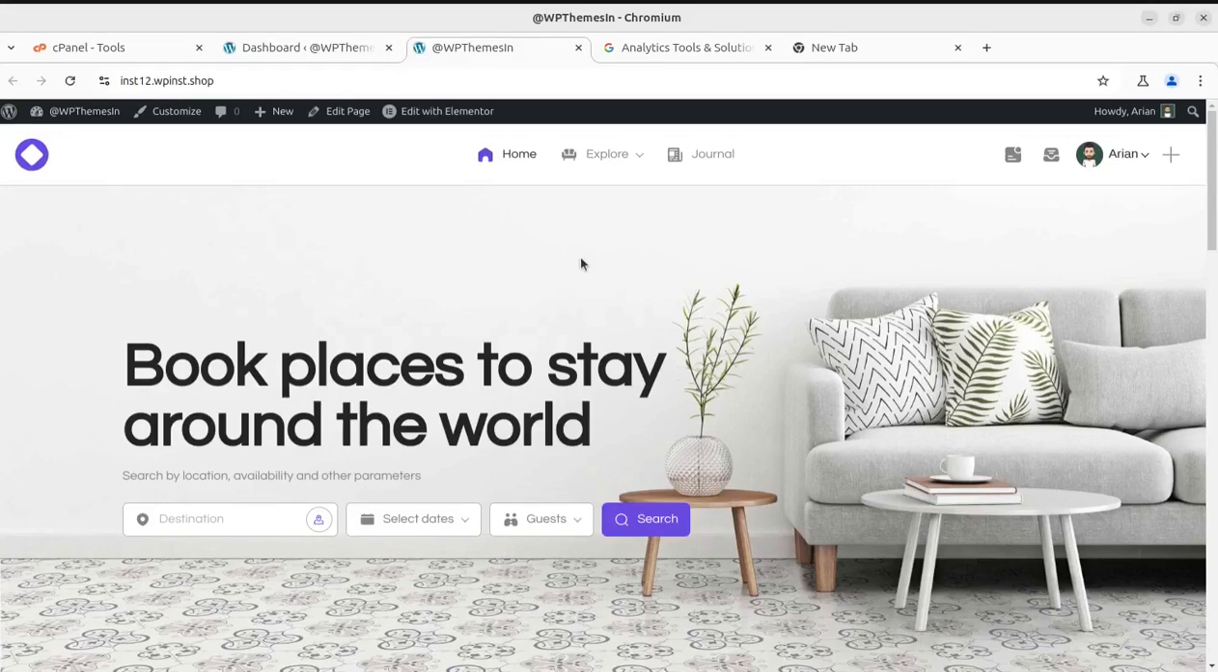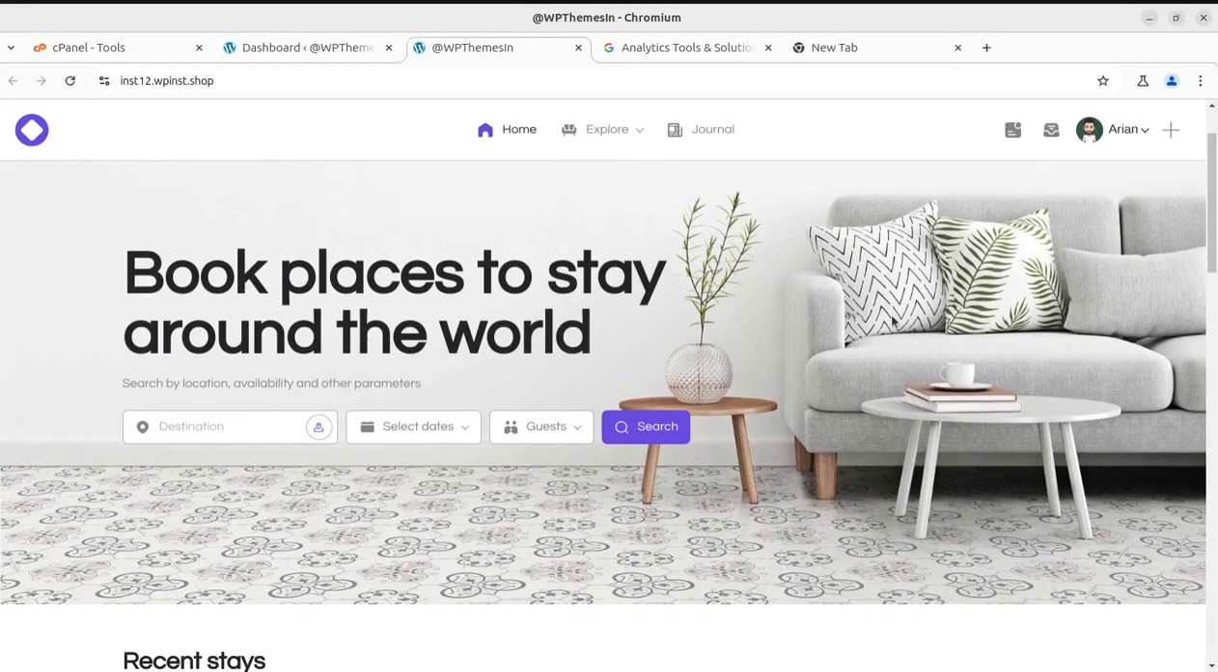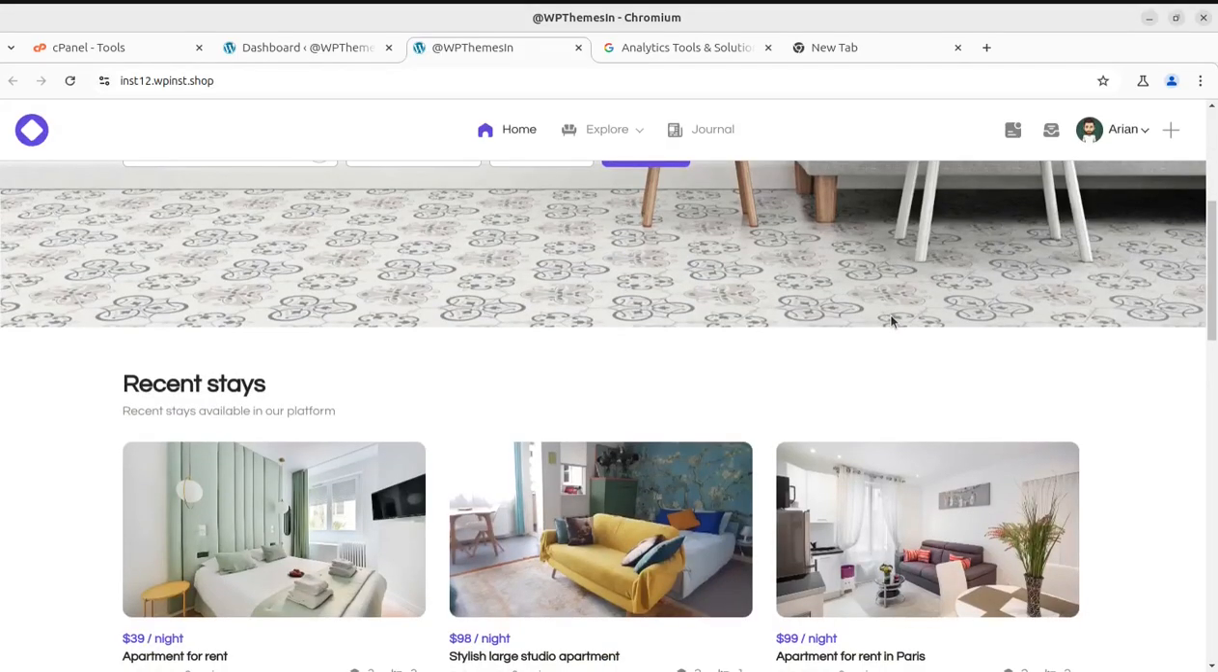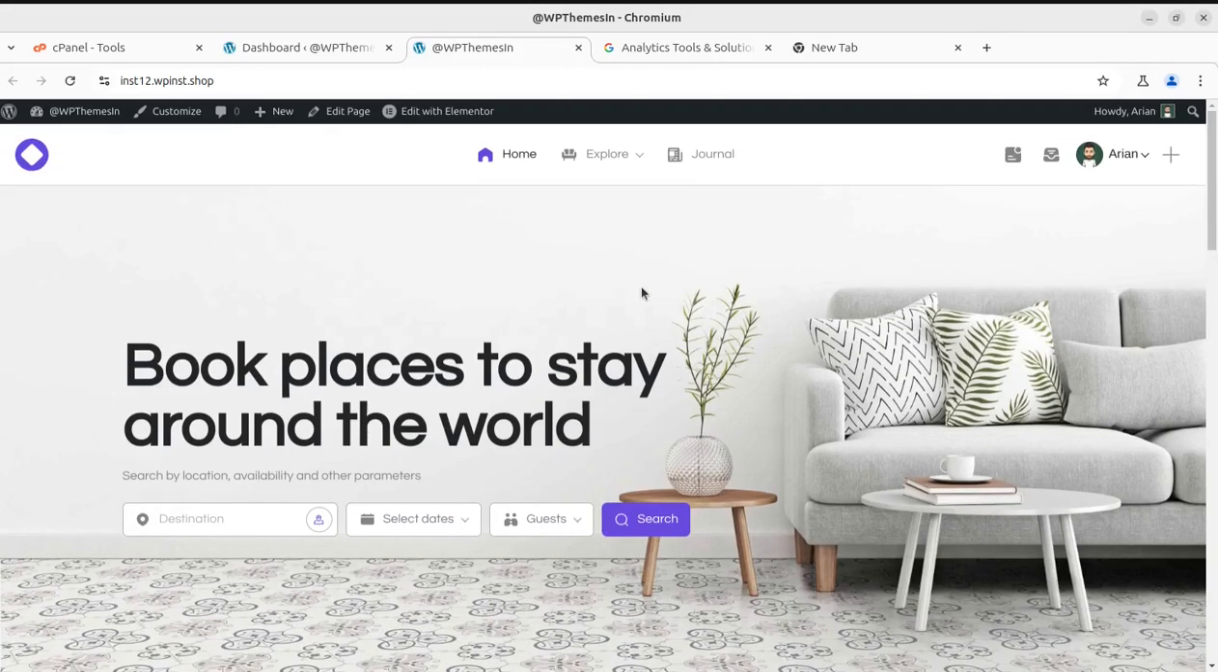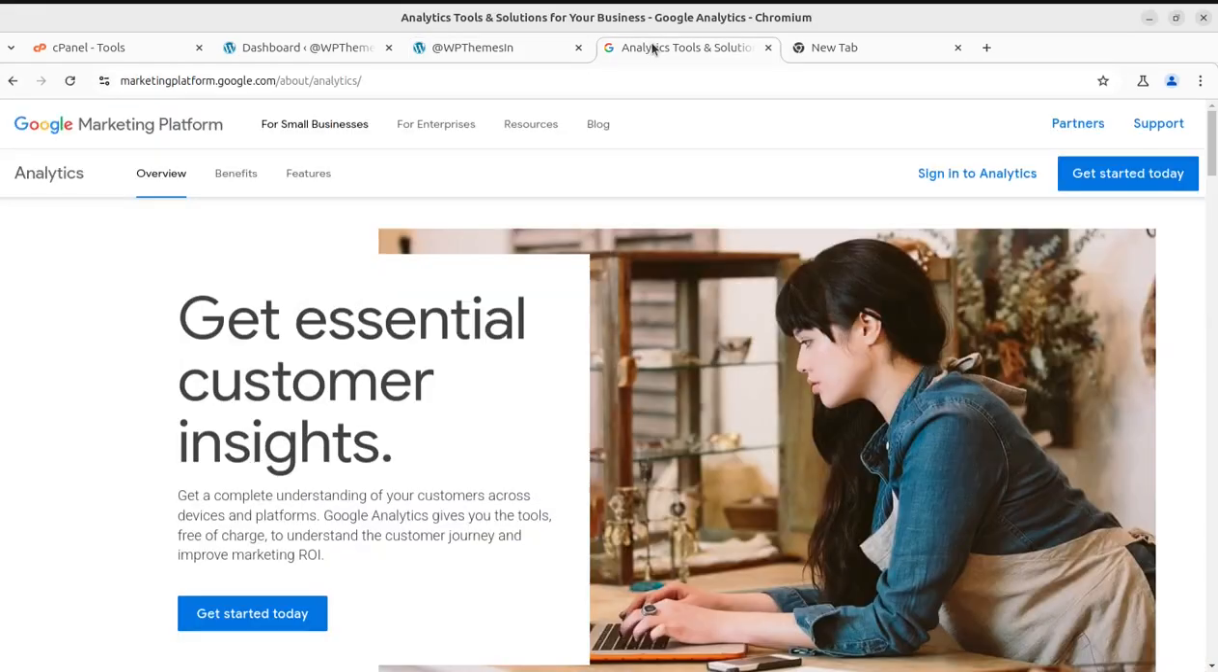Hey friends, once your business website is live and running, the next important tool that you need for your website and even for your business is a superb analytics tool. And if we are talking about analytics tools, Google Analytics always comes first. Undoubtedly, Google Analytics is the number one analytics tool that